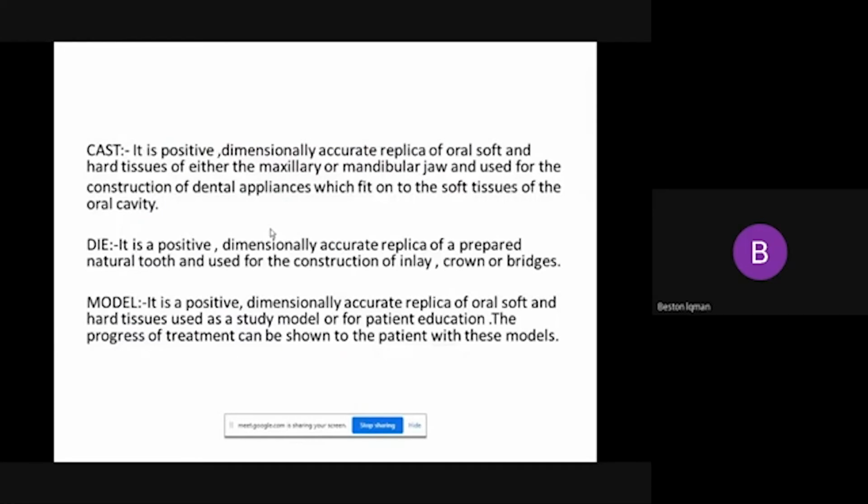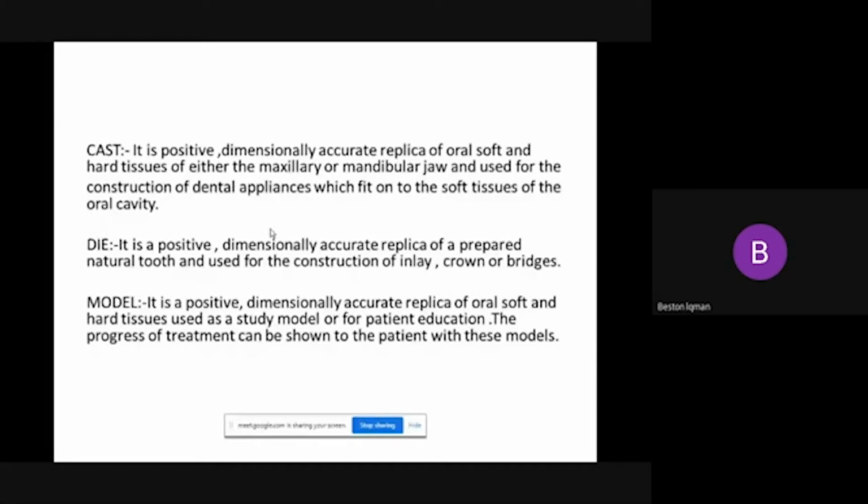What's the difference between the cast, die, and model? The cast is a positive, dimensionally accurate replica of oral soft and hard tissue of either maxilla or mandible. It's usually used for the construction of any dental appliance. While the die is a positive, dimensionally accurate replica of a prepared natural tooth used for construction,